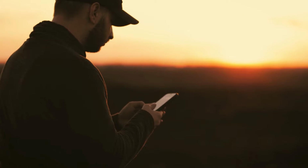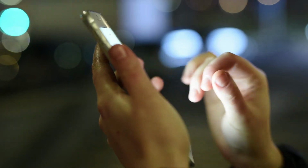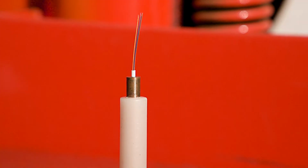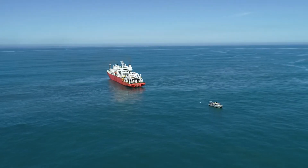About 98% of all telecommunications travels along a fiber optic cable in some way. So anytime we do something on the internet, our phones, we're using fiber optic cables. To connect internationally, the best, most efficient way of doing that is through undersea fiber optic cables, cables laid on